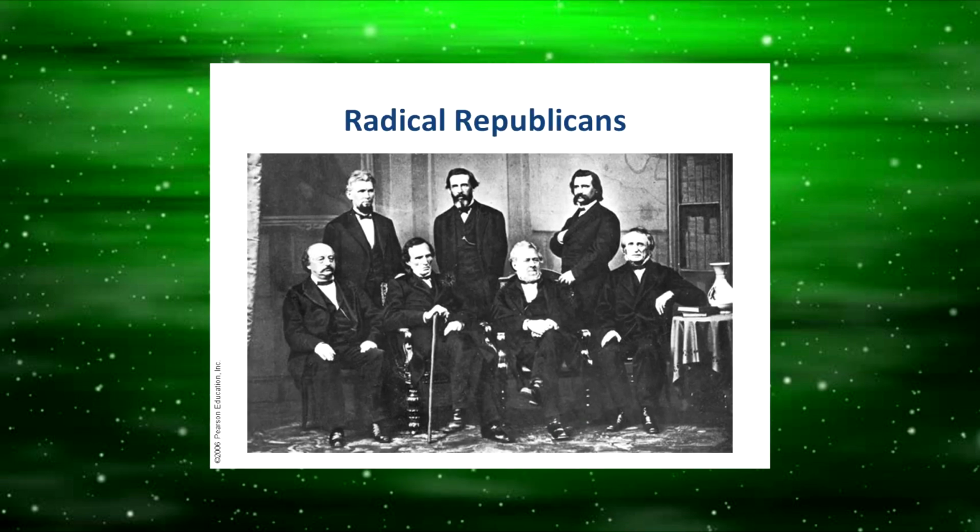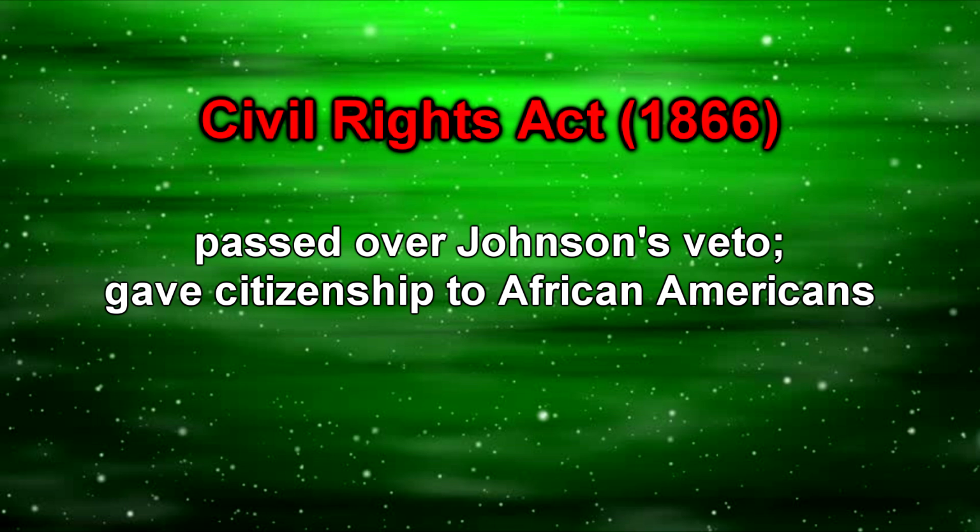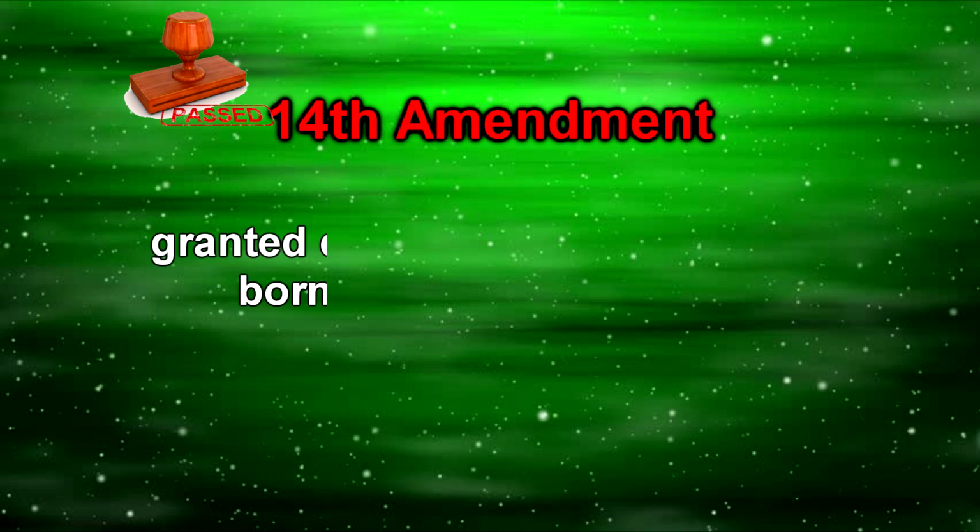In 1866, radical Republicans called for a stricter version of Reconstruction, shifting control from the executive branch to the legislative branch. The Republican-controlled Congress subsequently passed the Civil Rights Bill of 1866, giving citizenship to African Americans while attempting to get rid of the black codes. To enforce the bill on the South, Congress also passed the 14th Amendment, declaring that all persons born in the